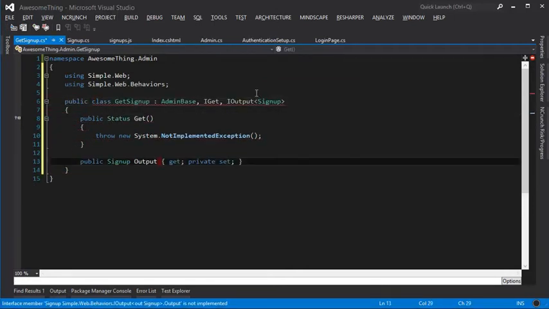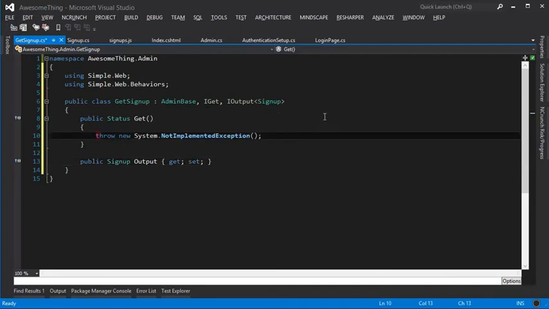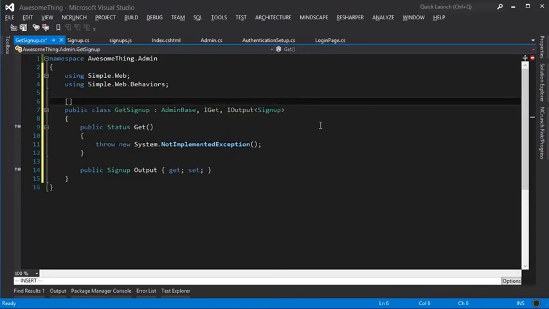And we'll just let that implement that member as well. So that's the get sign up thing there. We'll just put in a URI template, and in here we'll put